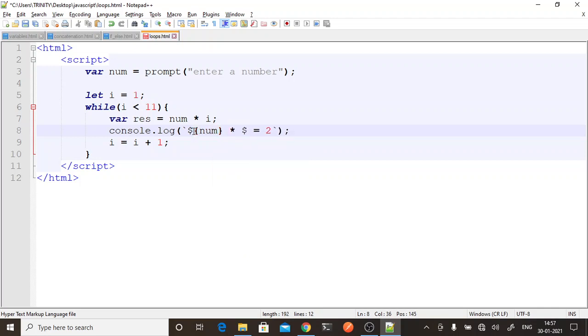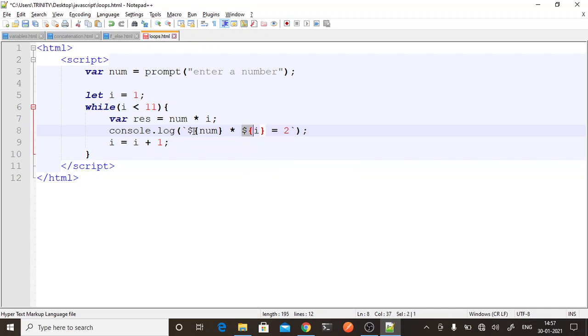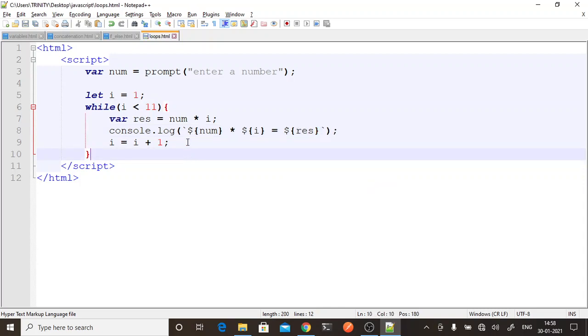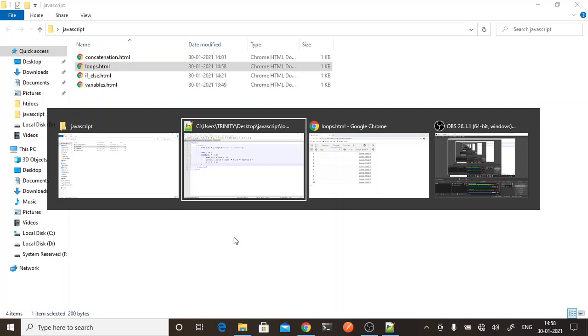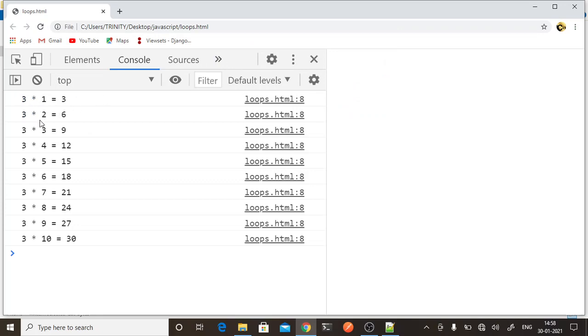This 1 is my value of the i variable, and this is my result value. So I will give 3 and see, 3 1 3, 3 2 6.